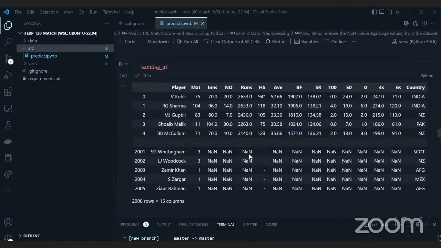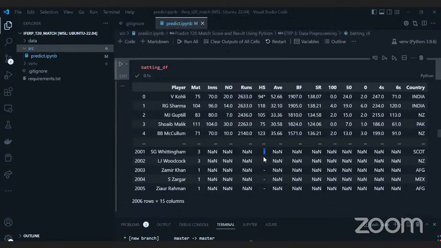Now, apart from this NaN, you'll observe that there's one more thing over here, a simple dash. Sometimes you can denote your empty values by a dash, or by writing NA, or you can have any value that you want in order to denote these empty values. You can even have a dot for that matter. For this particular data set, the creator chose to use this hyphen value for denoting